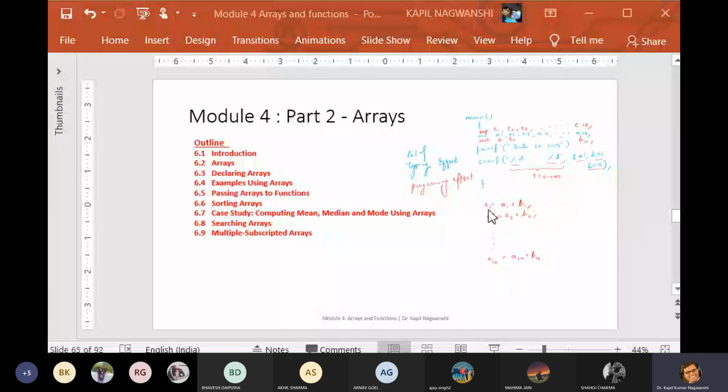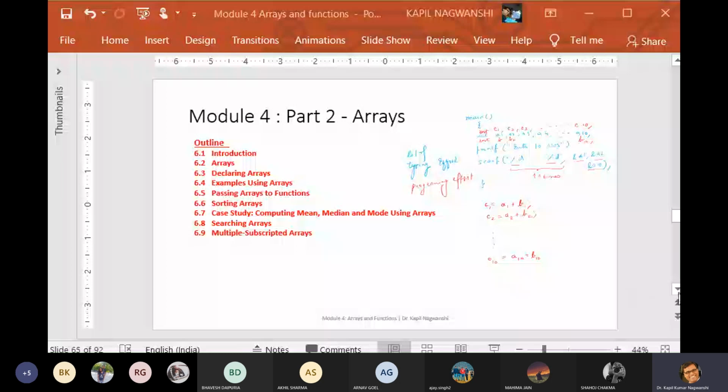So for each operation, 1, 2, 3, and if I'm not considering equals to, then 3 multiplied by 10 is 30. So 70 plus 30 is 100. 100 typing effort you need for addition only, and then 10 more typing effort is required to display the answer. So 110 effort is required. Agree or not? You are getting my point? Yes, sir.